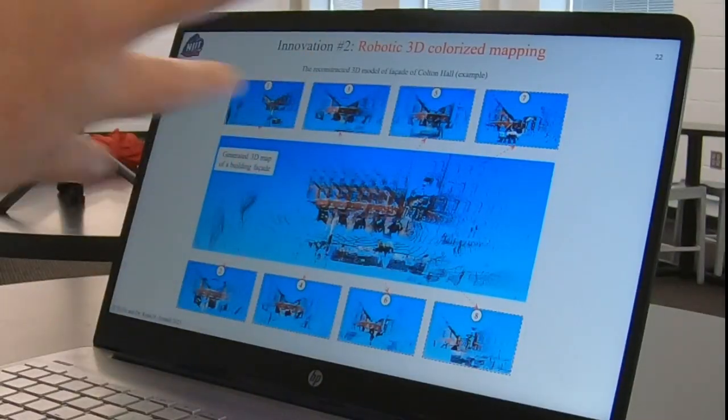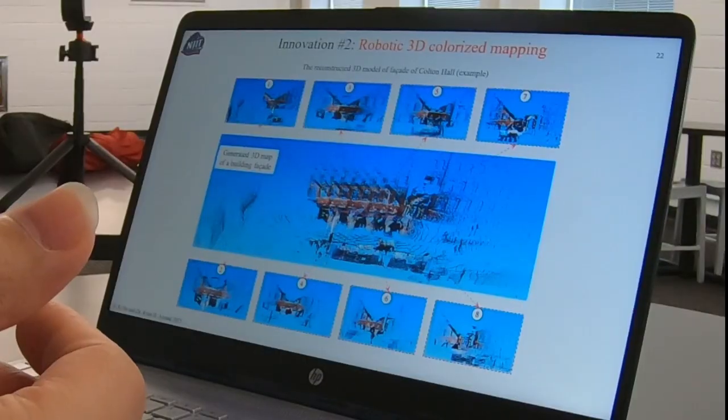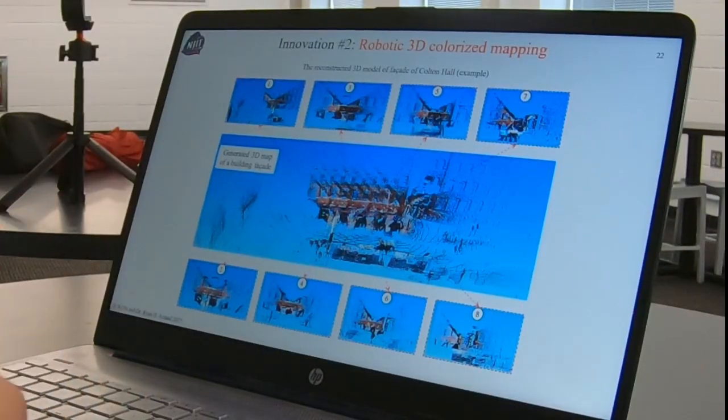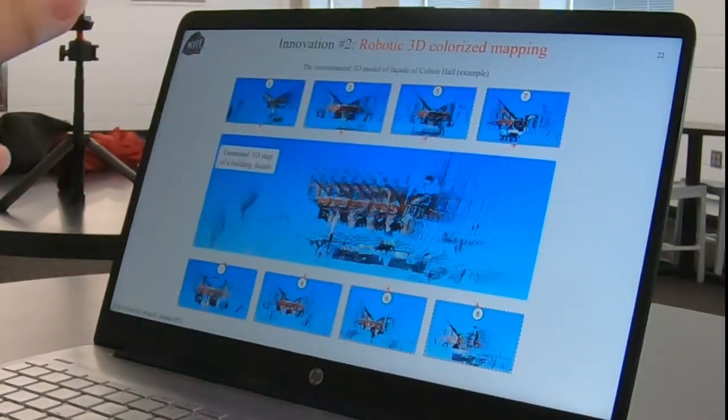So it's still like 8 frames stitched together. Yeah. Now you may ask, how can we use it? Right now we're focused on facade inspection, let's say every 2 years, every 4 years. Now you want to find a way to show them where the problem is and how severe the problem is.